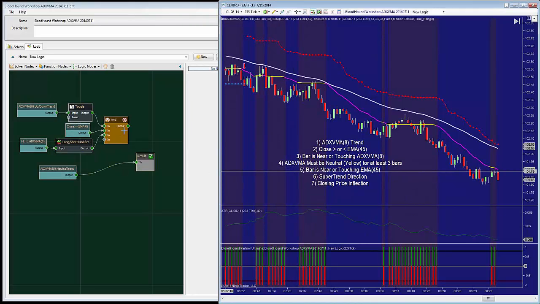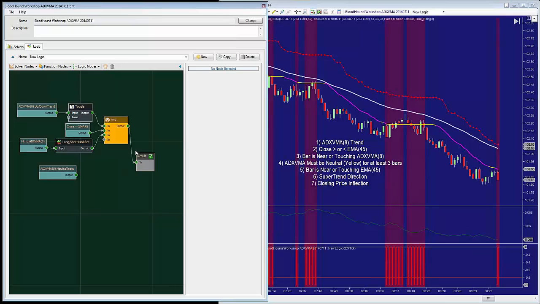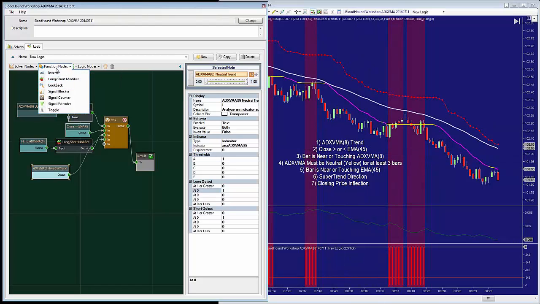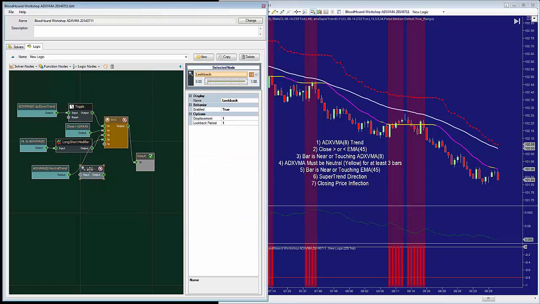All right, so now I'm going to connect this, and you can see it eliminated a few more bars. Now what I want to do is show that we must have been in a neutral trend in the ADXVMA for at least 3 bars. So I need to use the lookback node for that. Once again, we're using the function node, this time a lookback node. So I click on that to add it, connect from the solver to the input of the lookback node,